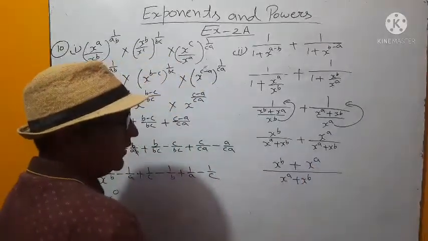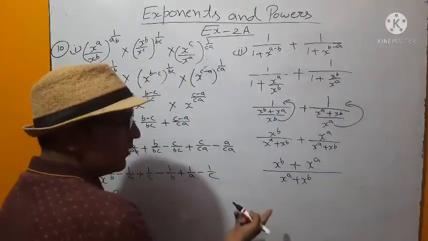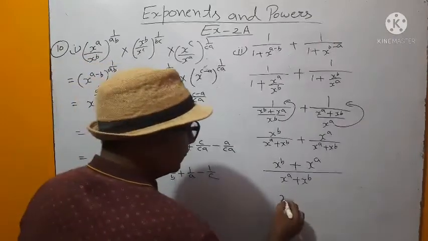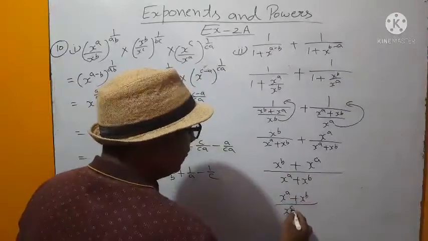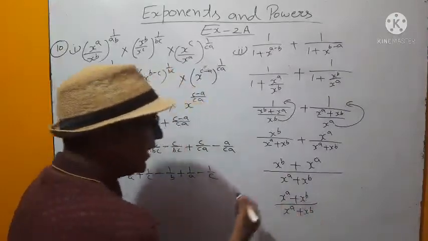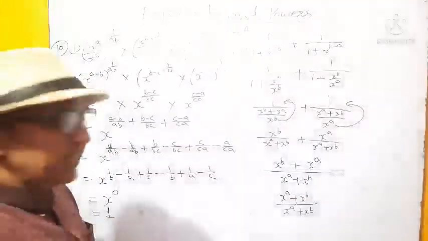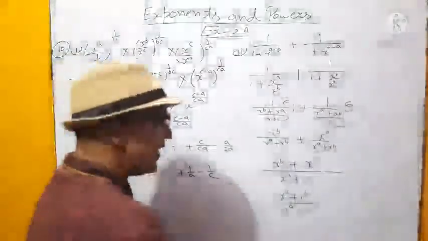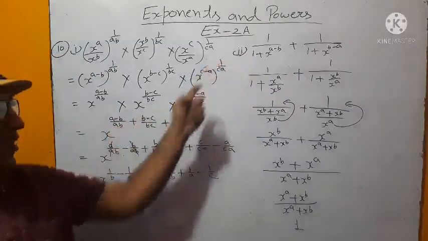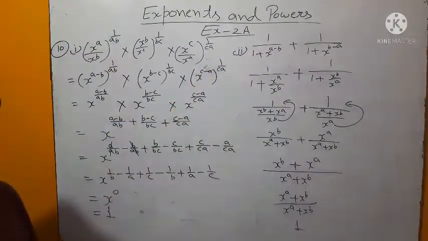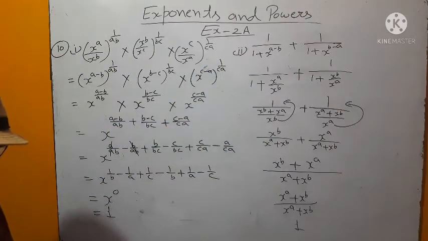Now watch carefully. Both numerator and denominator are same. Same or not? By using commutative law, I hope you can see now these are equal. And if numerator and denominator are same, then its value is 1. That means the value of this term is also 1. Okay? Now write down.